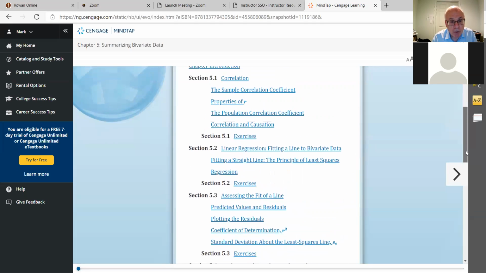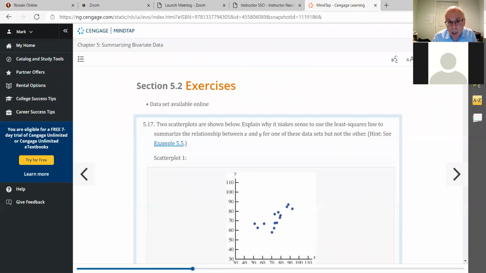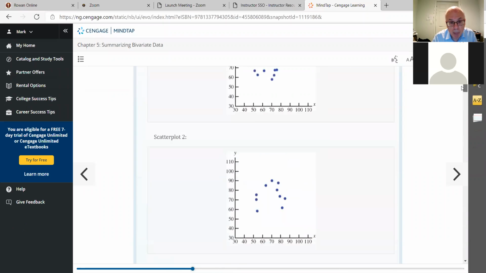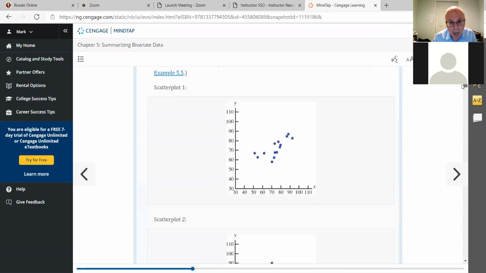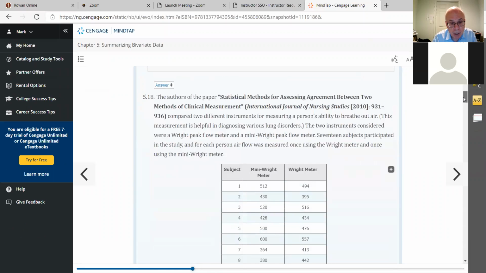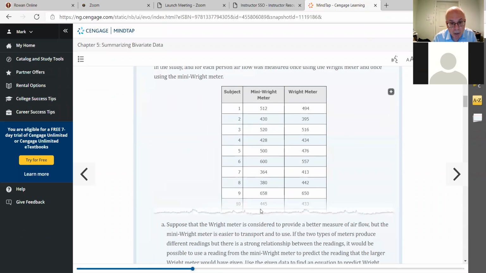But if, let's say, you wanted to get to the exercises in 5.2, you would just click that, and then it would give you the exercises that are shown in the book. Now, one thing I wanted to show to you that's important, and maybe you've already figured it out, is that when they give charts in the ebook, they sort of cut it off at the bottom here. Do you see this, it looks like a torn page, this little thing here? And it has a plus next to the table, and it says enlarge the table. So if you hit the plus sign,